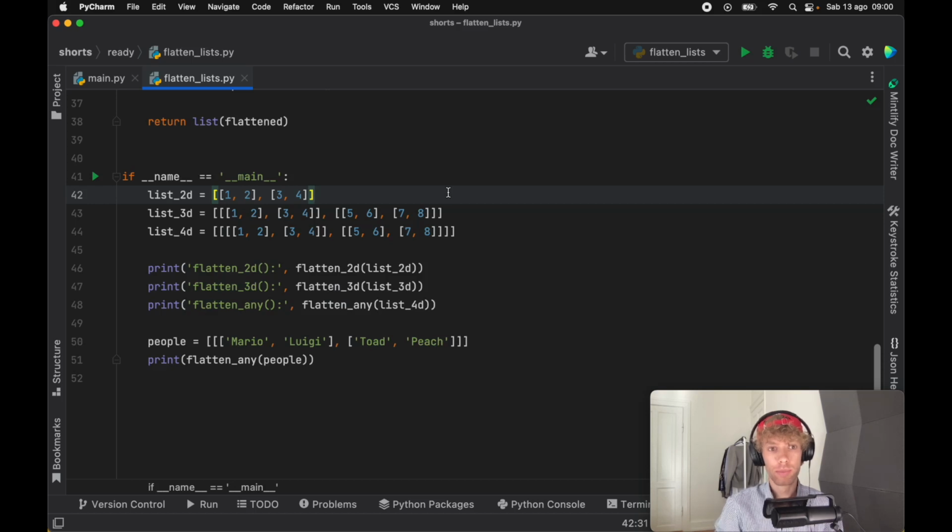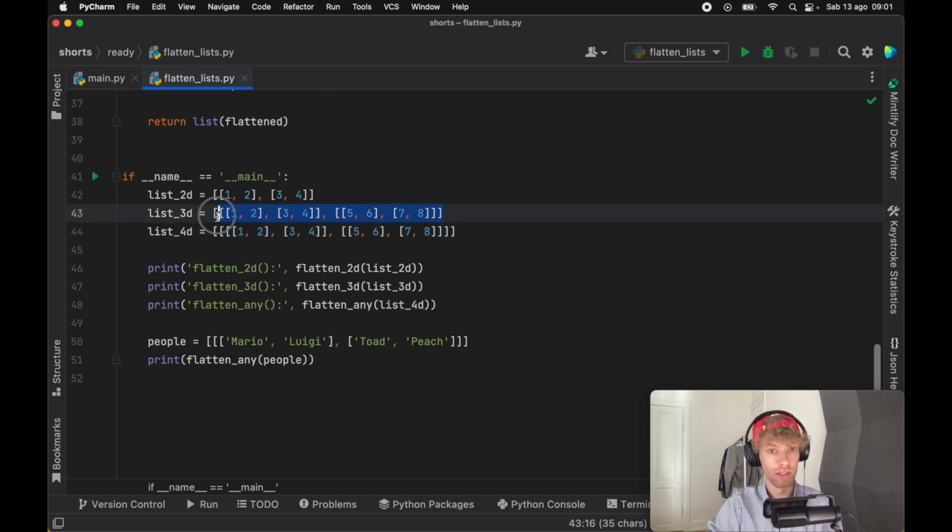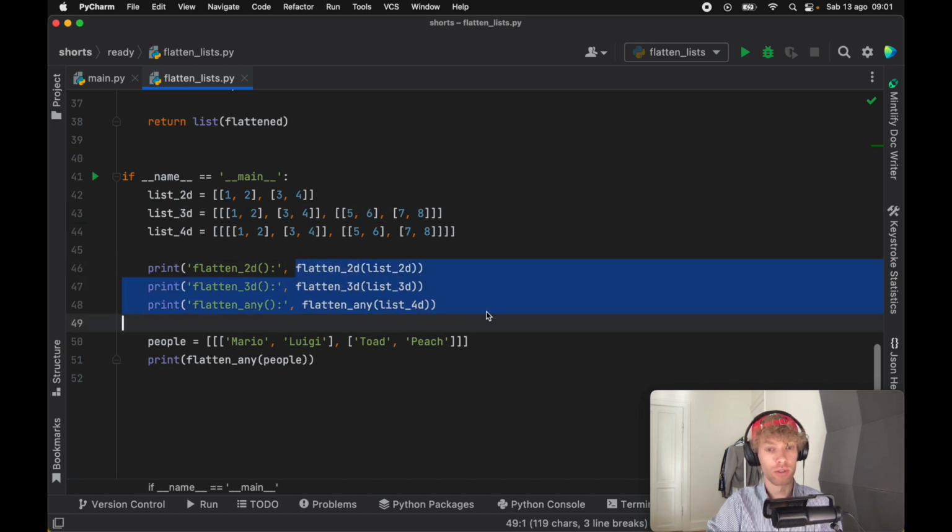So today we're going to be looking at how we can flatten lists in Python. And as you can see, I have some lists over here. One is a 2D list, a 3D list, and a 4D list, which you can see by the amount of brackets surrounding the elements. And I created three different functions, or three different versions of the same function, that can